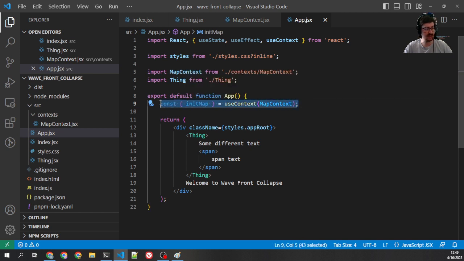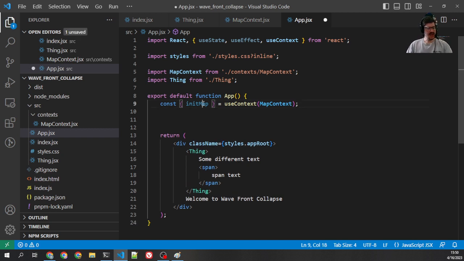This is a very common thing you'll see in React, that destructuring. That's why writing in a framework like React is very good for JavaScript practice, because they force you to take advantage of pretty much all these different things in JavaScript. So init map. I want to call this when the program first launches because I want to start off my map with something. Okay, so if I just call init map,